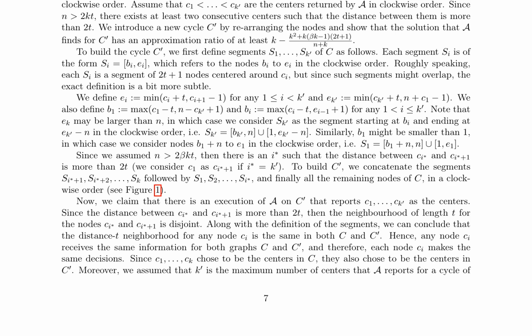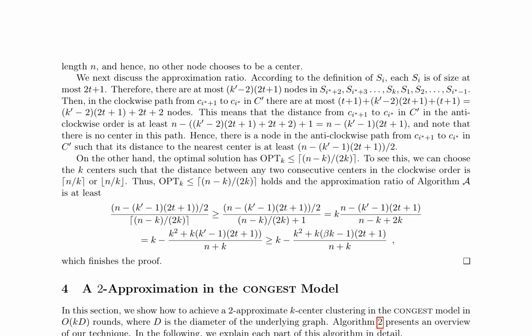The author's construction of C allows them to bound the approximation ratio of A's solution, highlighting the limitations of A in solving the k-center problem. The authors analyze the approximation ratio of their algorithm, focusing on the clockwise path from C plus 1 to C asterisk operator in C. They demonstrate that this path contains at most k, 2t plus 1, plus 2t plus 2 nodes,